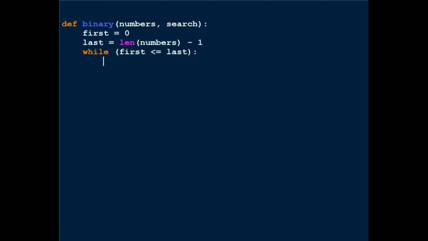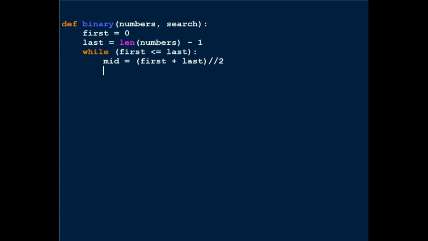How do we do that? I'm just going to put a variable known as mid, which will get the middle index. So I'm just going to do first plus last divided by 2. Why I'm doing divided by 2 is if it is something like 7.5, I need that in the integer form, that's 7.